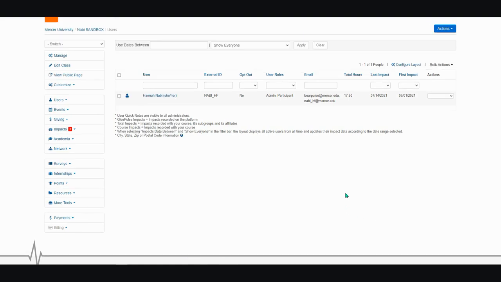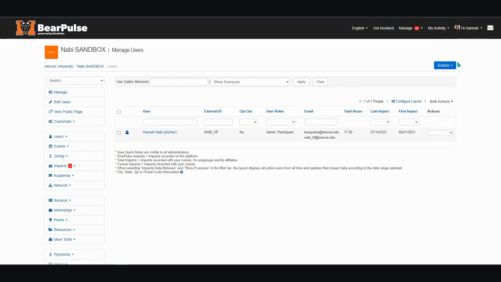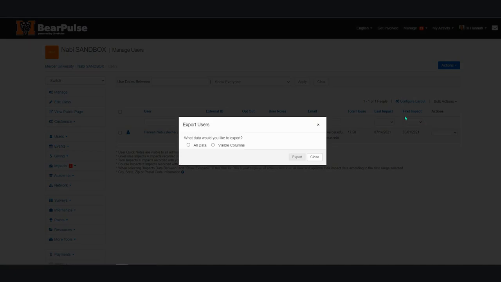Once you're ready to export a list, click on the blue Actions button at the top right and select Export. A pop-up window appears, and you can select to export all data, which would mean every data point, or you can choose Visible Columns, which means just the fields you've selected to see in your user table using the Configure